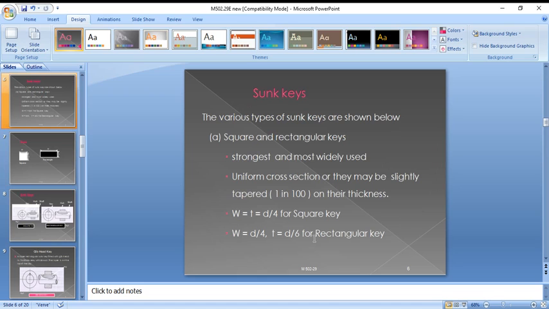Coming to the dimensions, width and thickness are equal to d/4 for the square key. Here d is nothing but the diameter of the shaft. So the width and thickness of the key are equal to d/4 for square keys. And for the